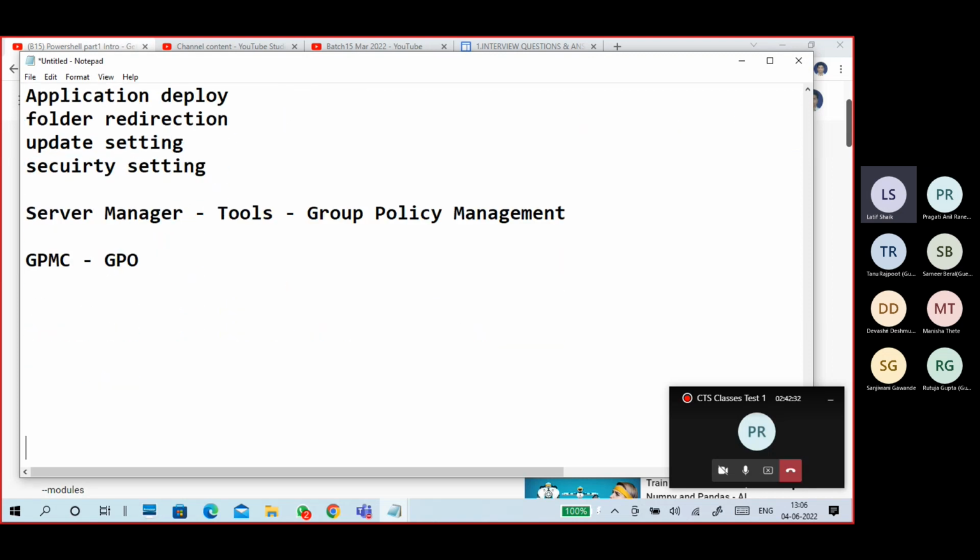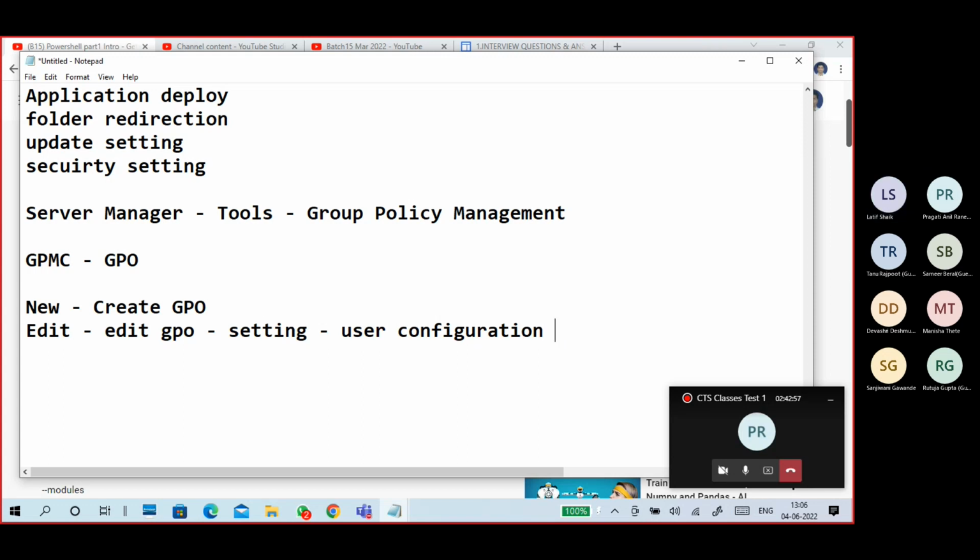Then you have to follow like this. New, create a GPO. First give some name, then right click, edit on it. Okay, edit group policy. So define what setting you want to do, under user configuration or computer configuration.